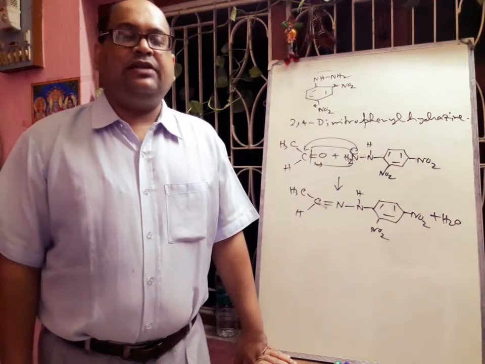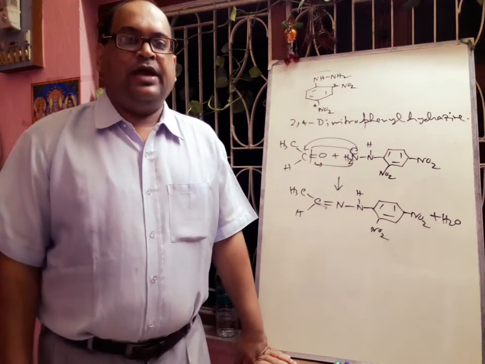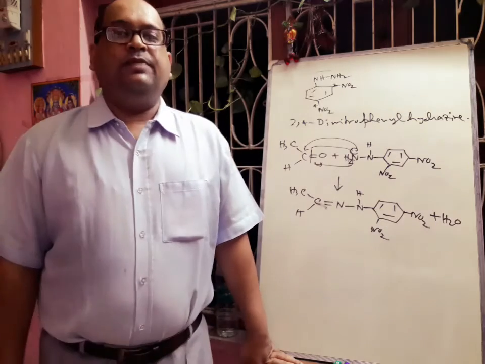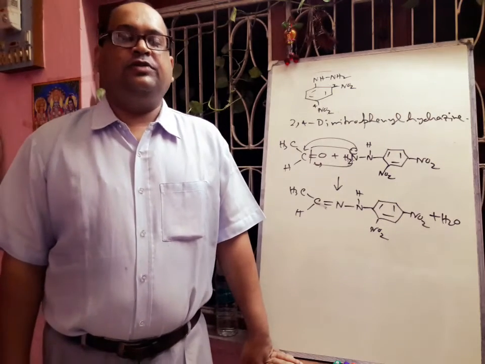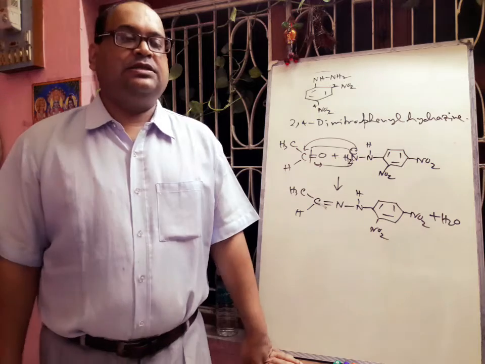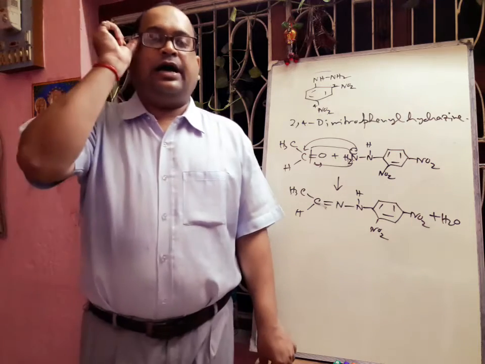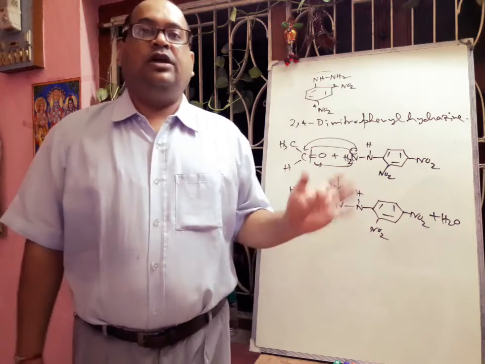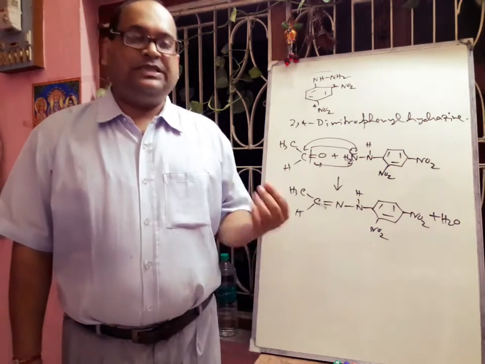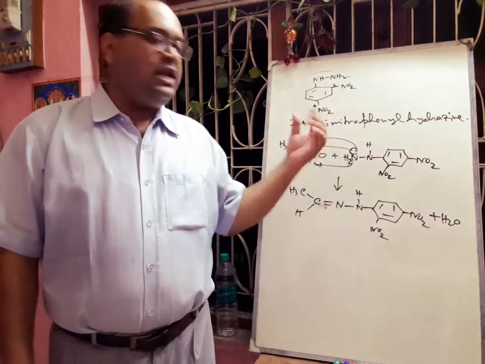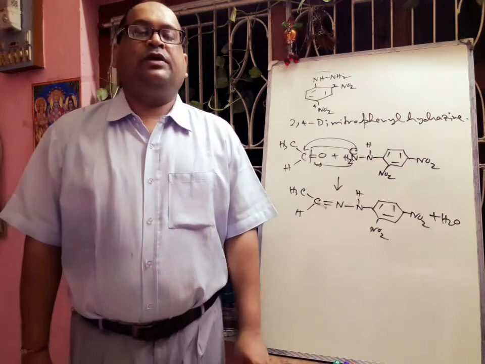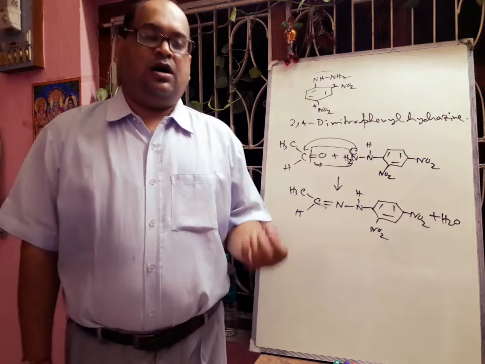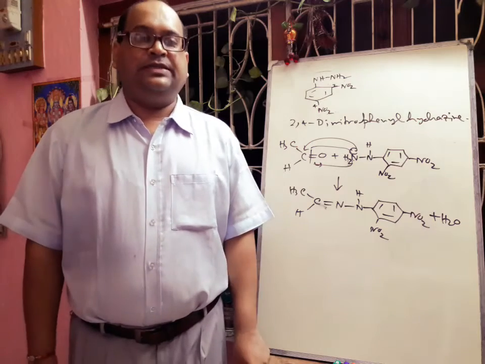Both aldehydes and ketones have the carbonyl group. And this carbonyl group, that means the C=O group, will give a positive test to this DNP test. That means if you take a carbonyl compound, definitely there will be an orange or yellow-orange precipitate. A precipitate of 2,4-dinitrophenyl hydrazone will form. Sometimes acetone is also soluble, so it is very difficult to get this precipitate.